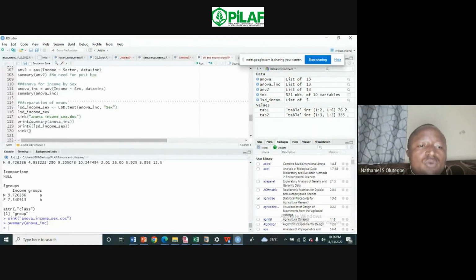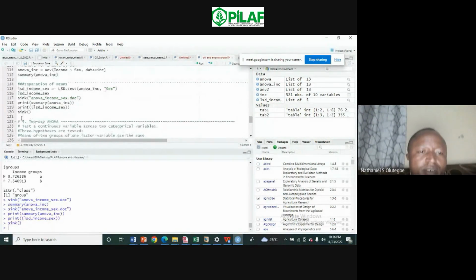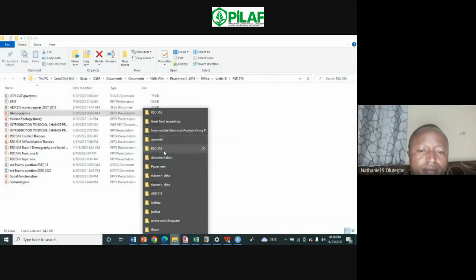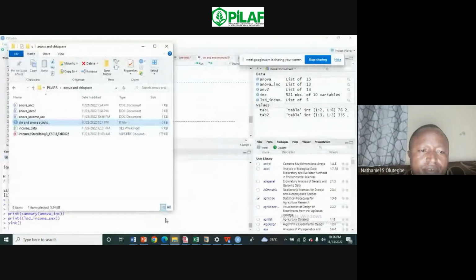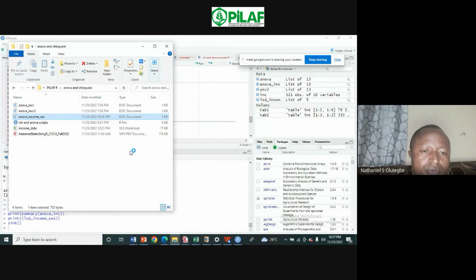So when it syncs, you'll be able to locate the file in your working directory. So this is ANOVA income 6. If we check our working directory, we should be able to see it there. What's our working directory? Okay, is it there? Yes, this is the file here. You can open it and you'll be able to see